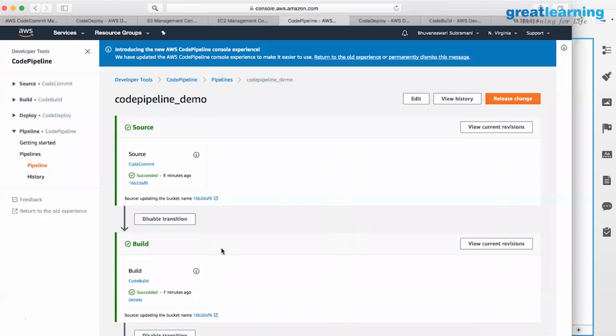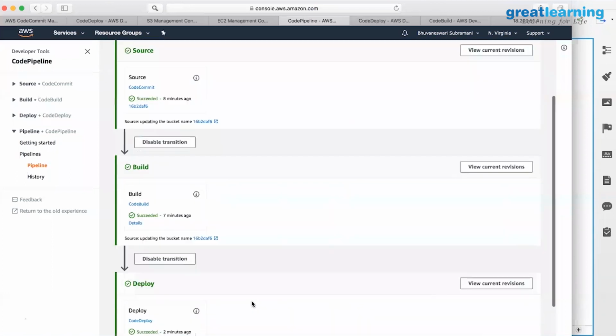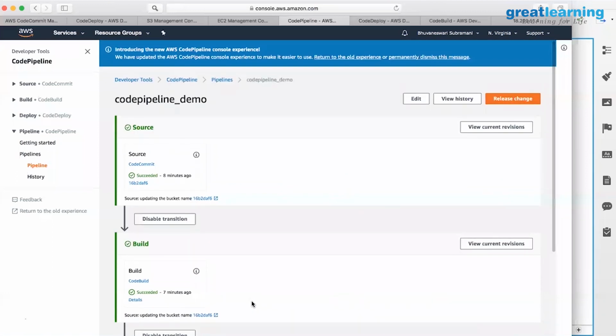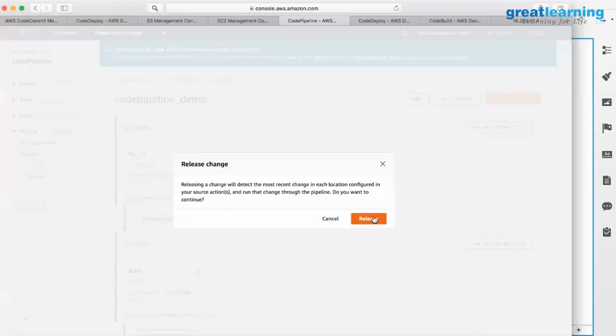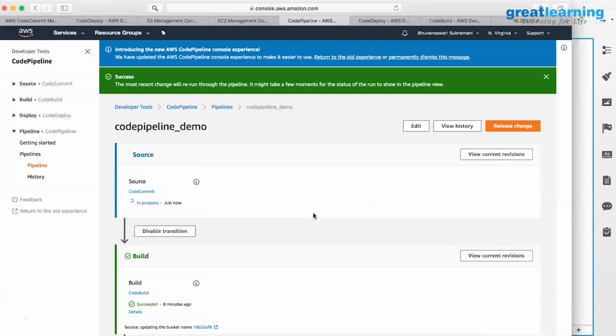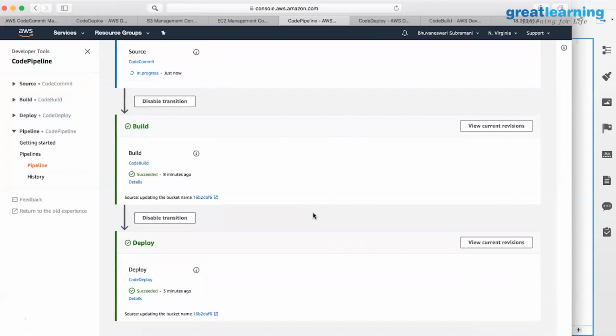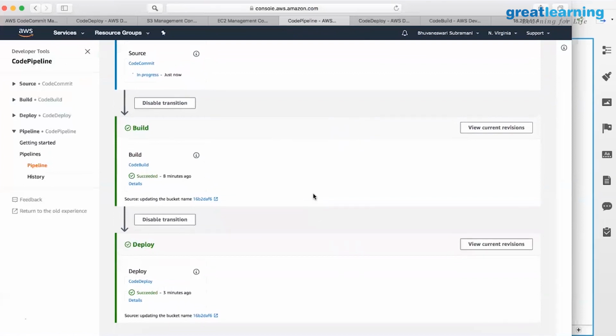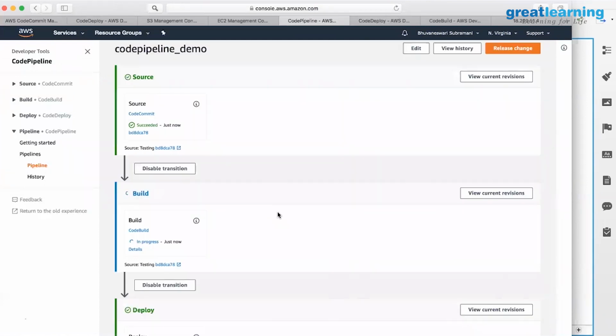Meanwhile, we are done with the demo, and this is what I wanted to show you. I'm just waiting for it to detect automatically, and the question and answer session starts here. We will come back to this. Okay, in the interest of time, I'm going to trigger this release change so that we can see the quick change, whatever commit we have made to the AWS CodeCommit repository, and then move on. Now the source is fetched.